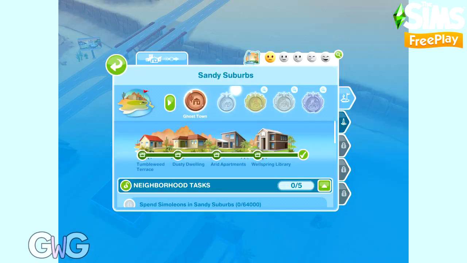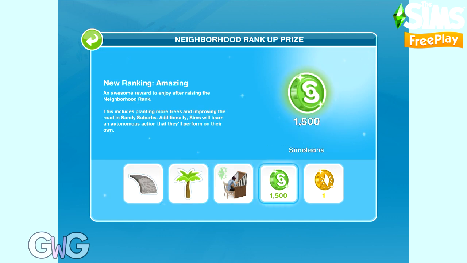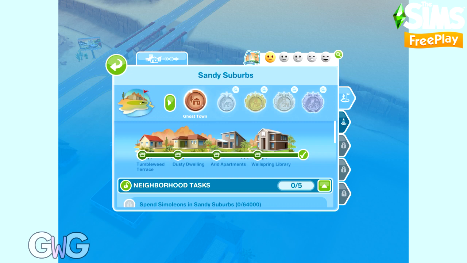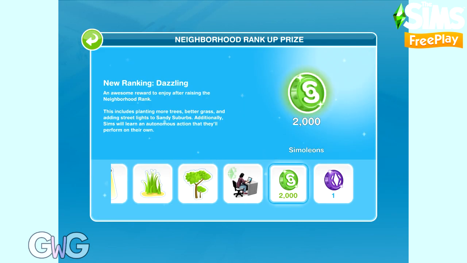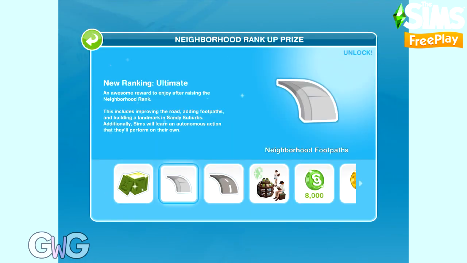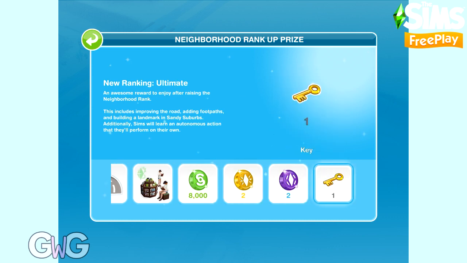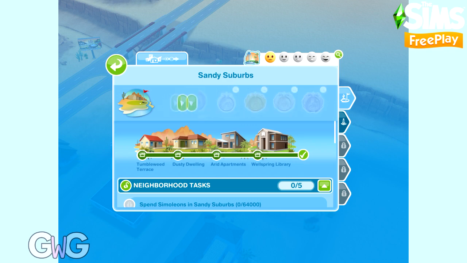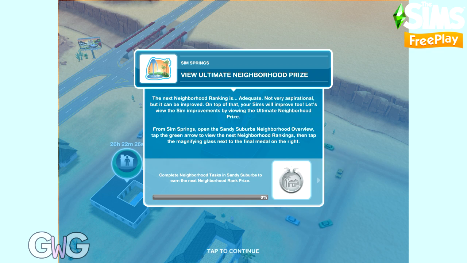So the next one is adequate. After that we've got amazing. Then we've got dazzling. I'll talk you through the prizes when we get to that point in this video. And then finally we have ultimate. The next task is view ultimate neighbourhood prize. So we've done that already because I went through all of them, but we will go back to that to